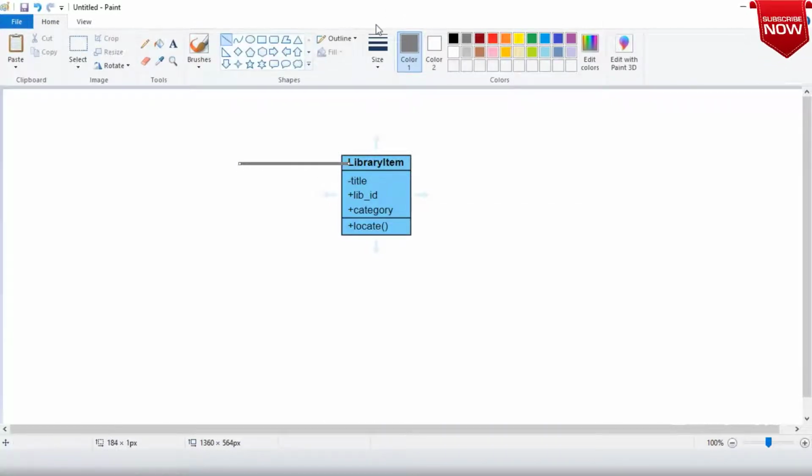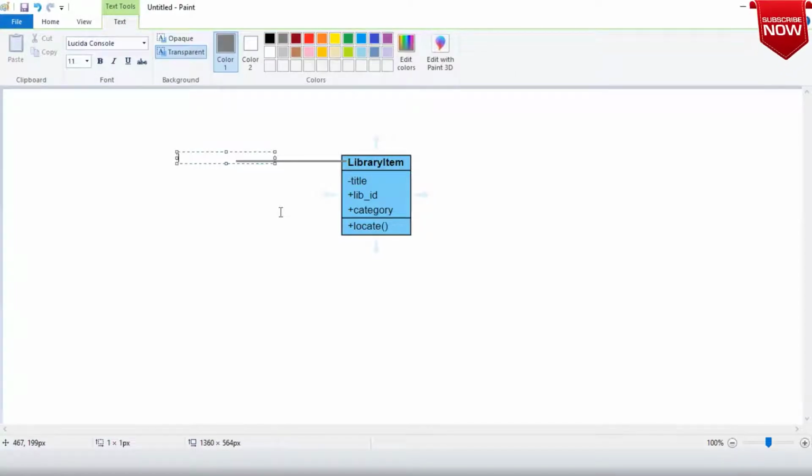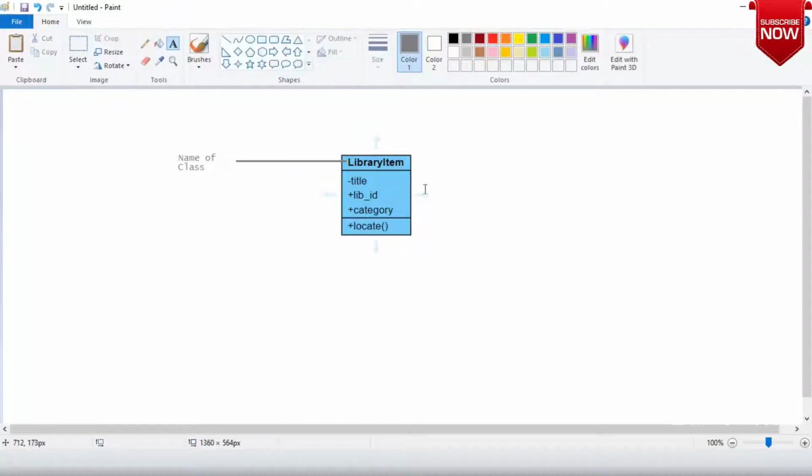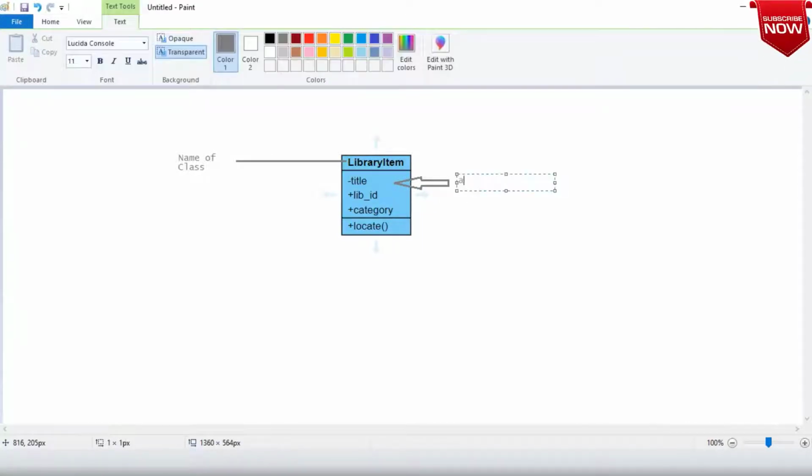This is the name of the class, right? And these are attributes. Attributes, you can call them members.